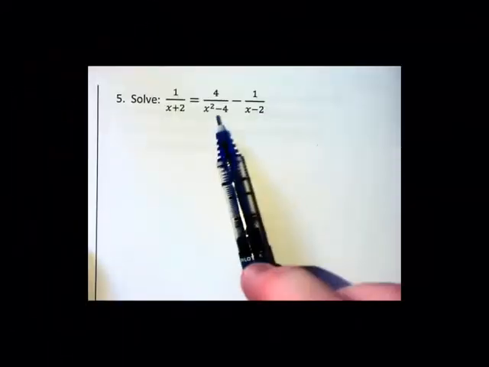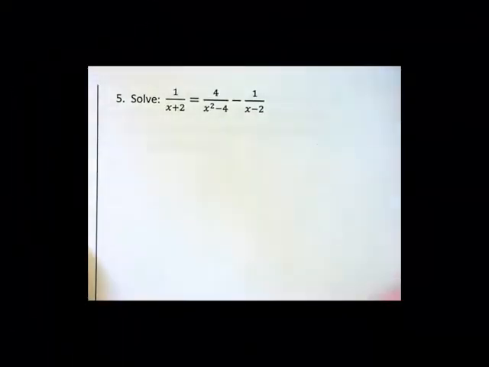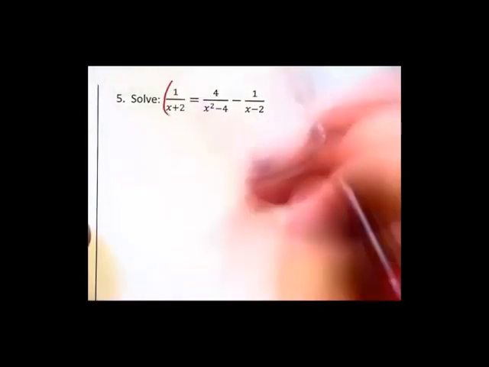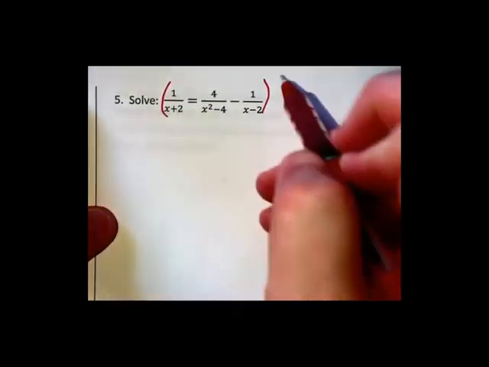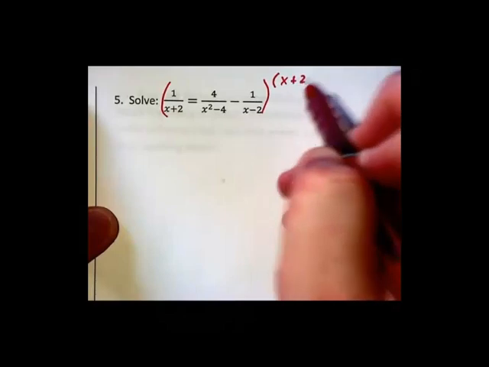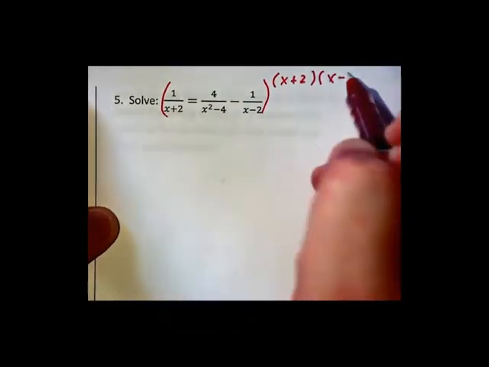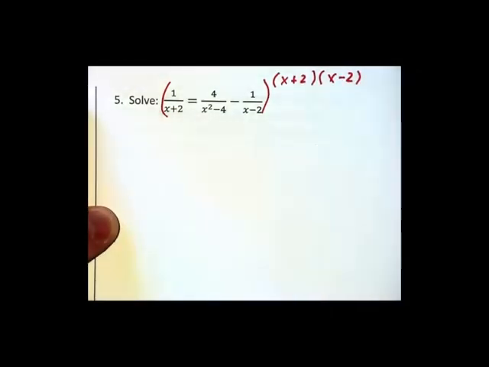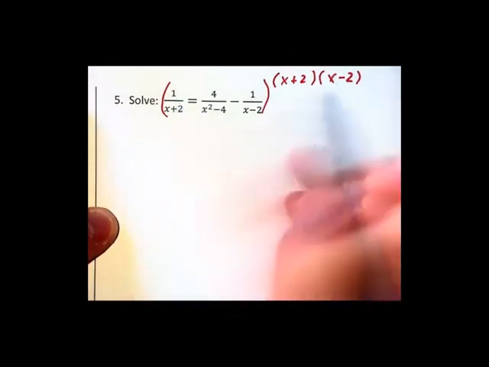Notice that the middle denominator factors into the other denominators, so that the difference of two squares, x plus 2 times x minus 2, will be the least common denominator that we're going to multiply through by in order to cancel fractions. So, first fraction, the x plus 2's cancel. We have 1 times the x minus 2